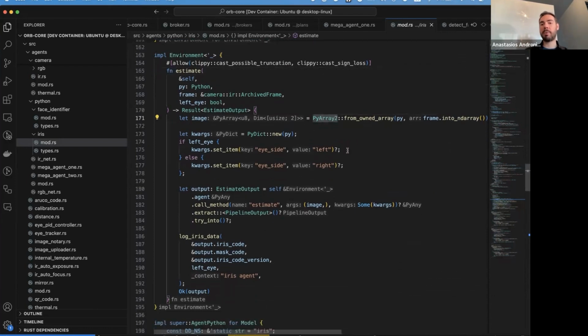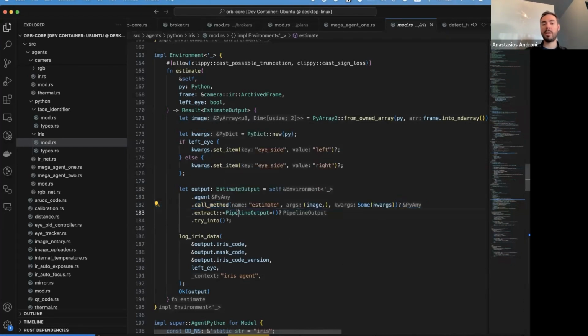And here you can see that we start recognizing some Python patterns. They're coming from libraries like NumPy, PyO3. And here you can see, for example, that for the agent, which is the Python interpreter, we are calling a specific Python method with the arguments we want to pass. And that's the way that we are asking Python to do something for us. This is how we delegate some computation to Python.